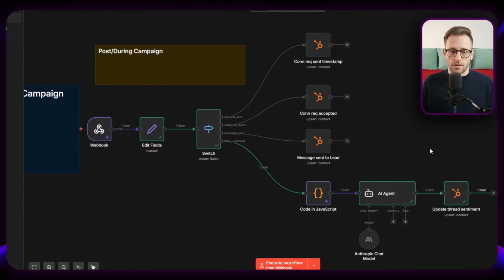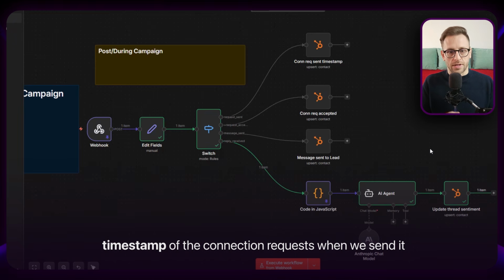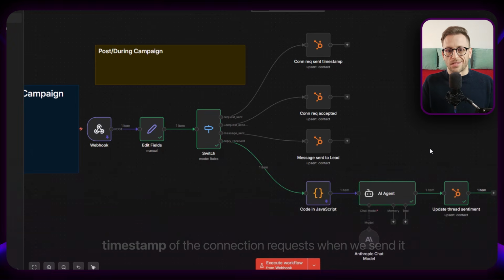Just give me the activity for this sales rep in this period of time: how many contacts, how many connection requests we've sent for this person, etc. You get the point. So, the timestamp of the connection request when we send it. When someone accepts the connection request, this is also something that in this case will be a textual message, because